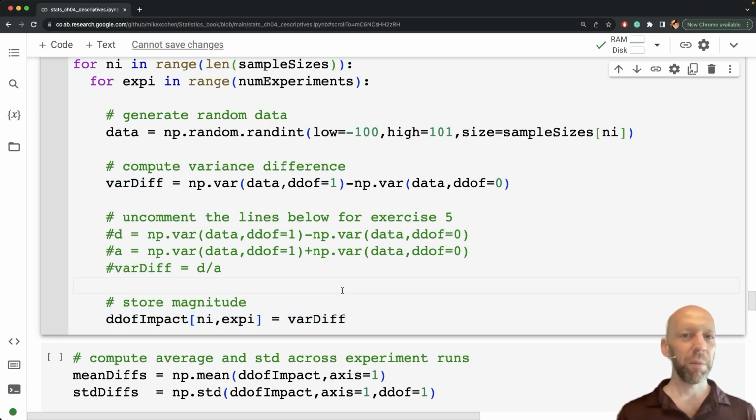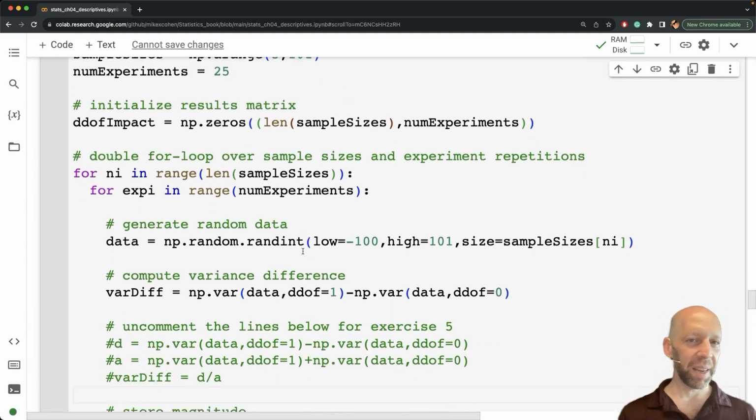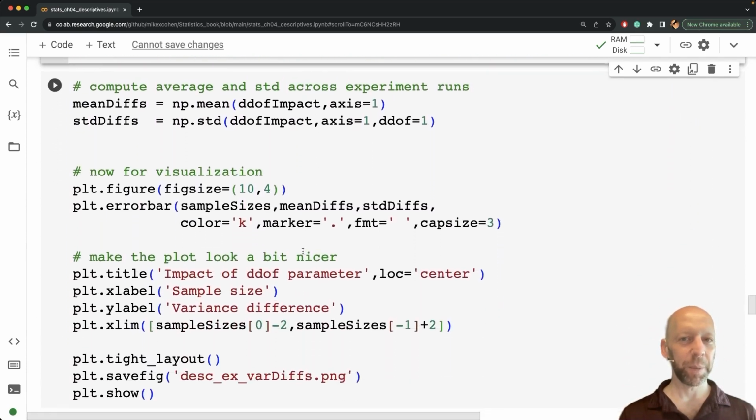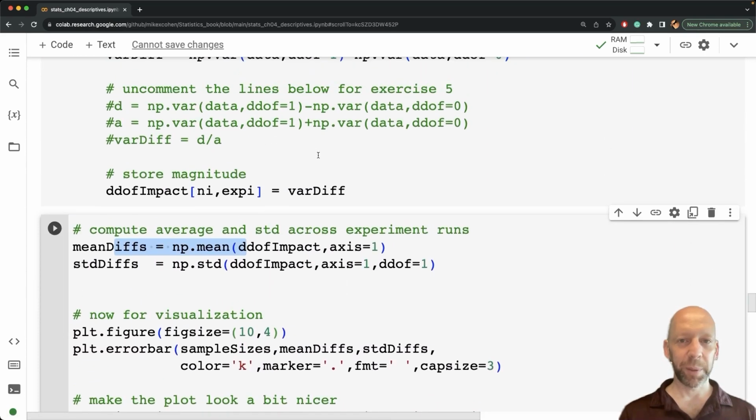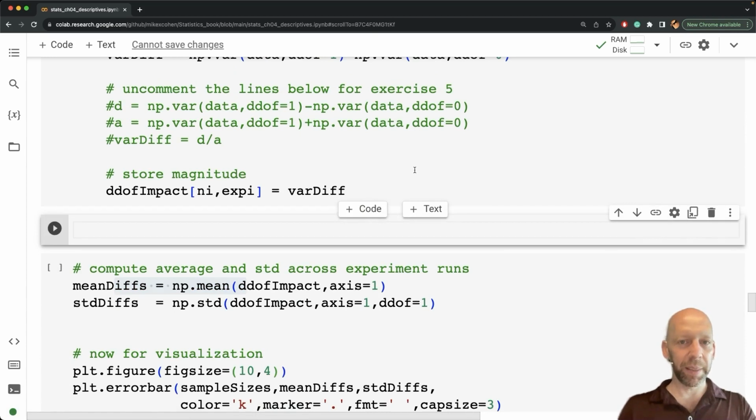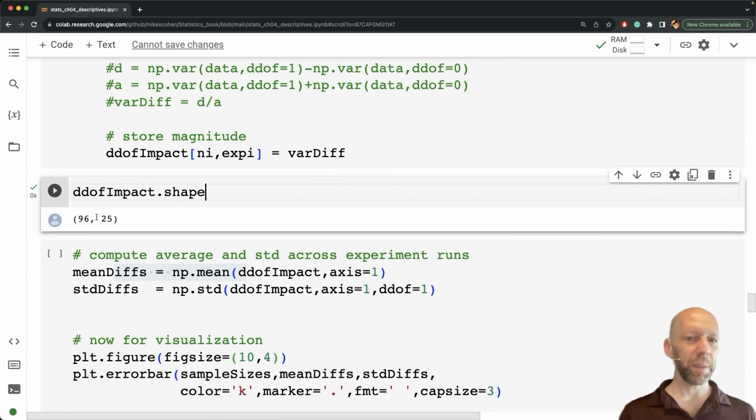Okay, so run this code. That takes less than a second to run. Then I get the, actually, let's just check the size of this. d.impact.shape. And you can see it is 96 by 25. So 96 corresponds to all of the different sample sizes between 5 and 100 inclusive, and then 25